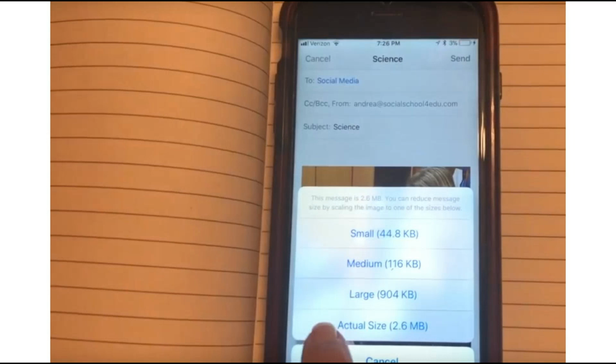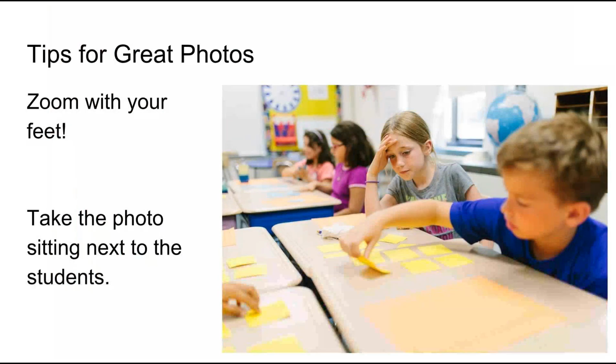Okay? Does that make sense? Sometimes they just don't even realize. It's like, what do you mean? On my phone, I've got an iPhone, that's how it looks. I'm assuming an Android has a similar thing, but when they're emailing in, we want to make sure that we're using that actual size. This is an awesome tip, and it's so simple.